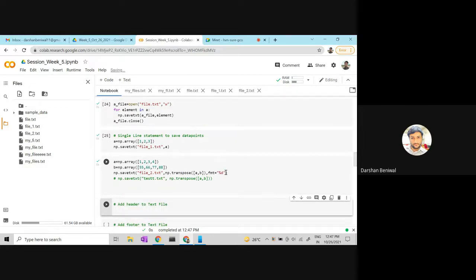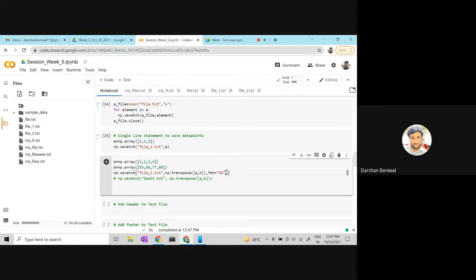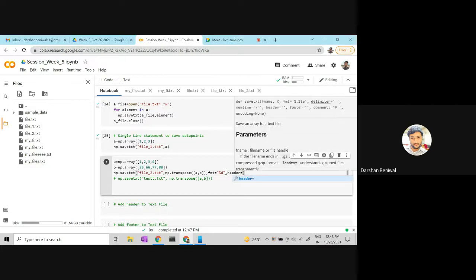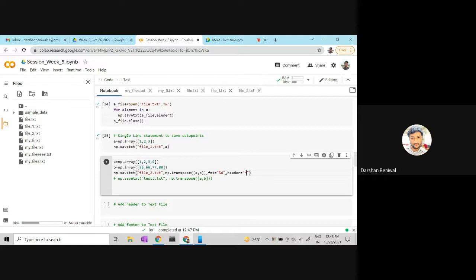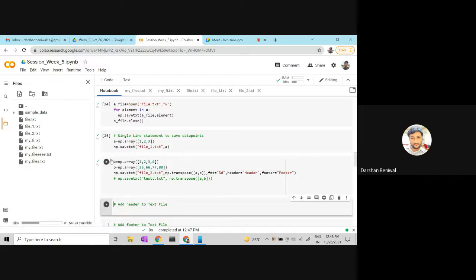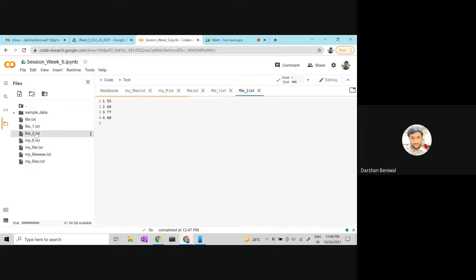And also in the text file, we can add some header or footer like this one. Basically for this header or footer, we write some sort of summary for this data.